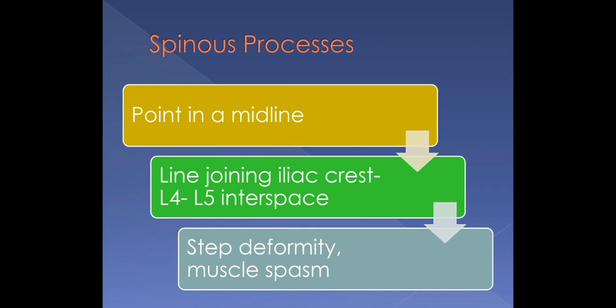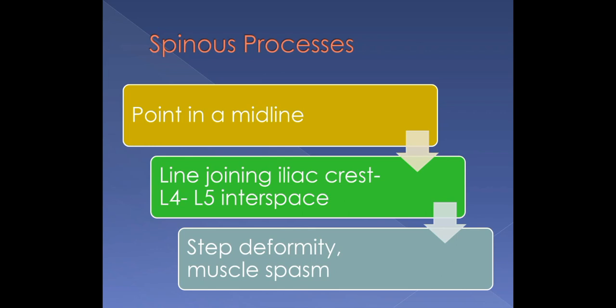In addition to looking for tenderness, muscle spasm and other signs of pathology, the examiner should watch for signs of spondylolisthesis, which is most likely to occur at the L4, L5 or L5-S1 region. A visible or palpable dip or protrusion from one spinous process to another may be evident depending on the type of spondylolisthesis present. In addition, absence of a spinous process may be seen in case of spina bifida. So if there is absence of a spinous process, then we can suspect spina bifida.